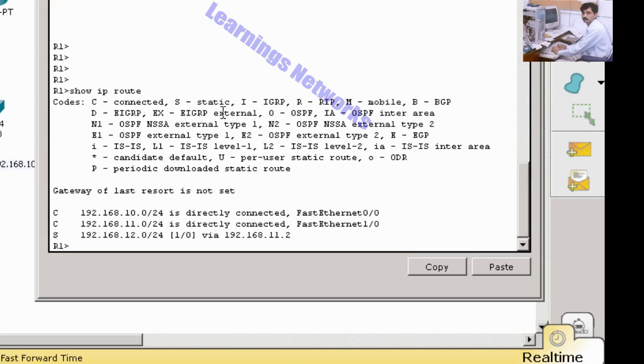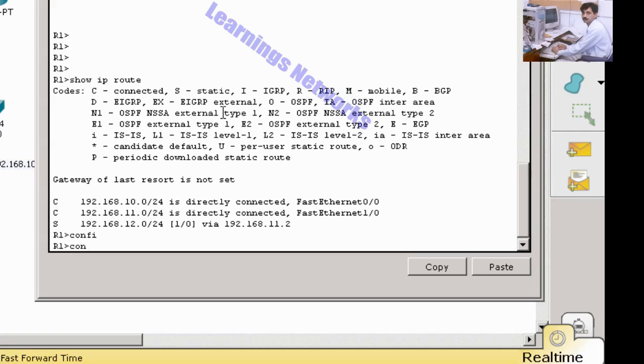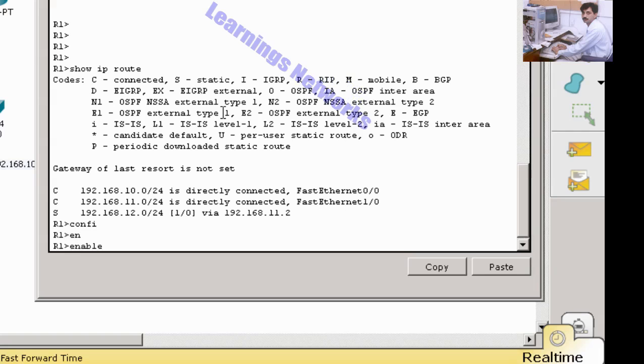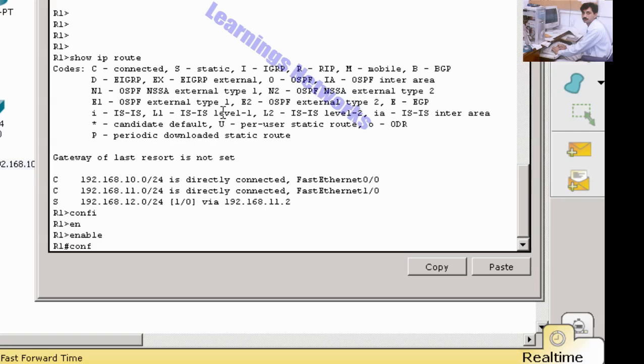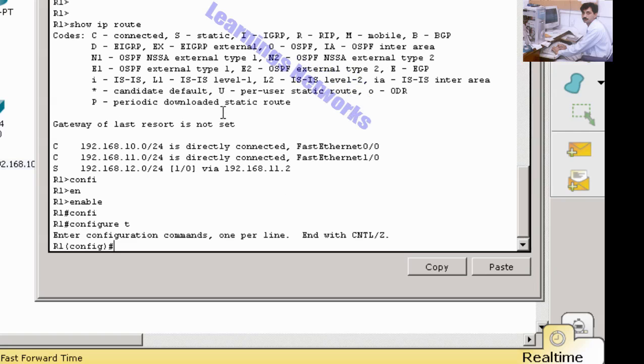So we update the routing table of R1. Enable first, configure terminal, ip route 192.168.13.0. No, we configure 14.0 255.